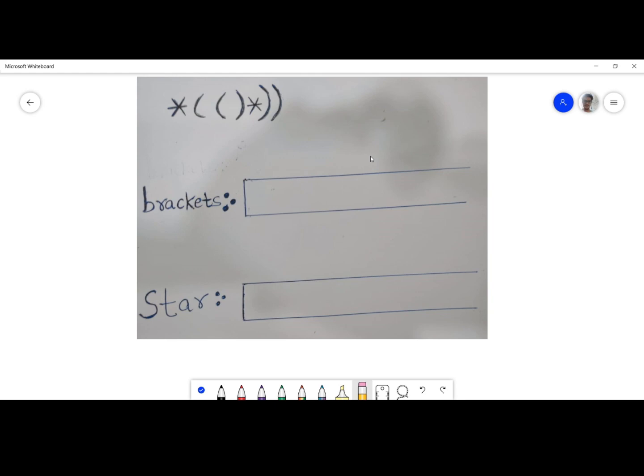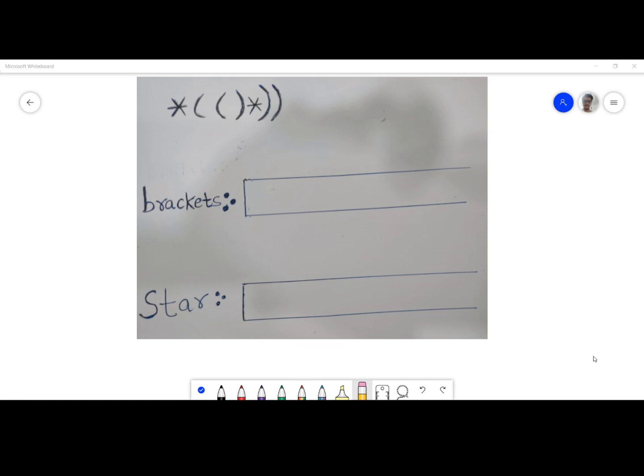As we have just completed the valid parenthesis question where we used one stack, but in this follow-up question you cannot use only one stack, as a single stack keeps track of only opening brackets. And whenever you come across the closing bracket, you can just pop out the element from the stack. Since in this question we have stars also, which can act as a closing bracket or opening bracket or an empty string, we need to use another stack for the stars. Since, as we have discussed, position matters the most in this question, instead of storing the characters, we need to store their positions in the stack.